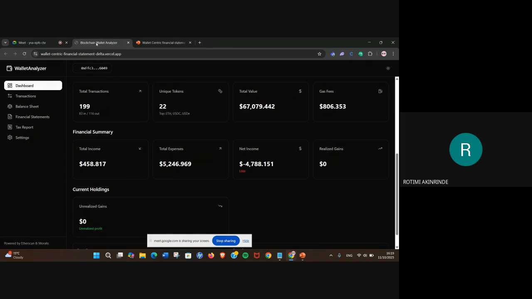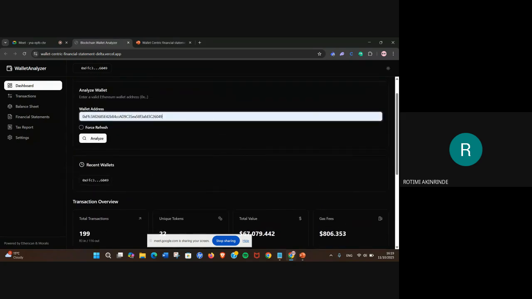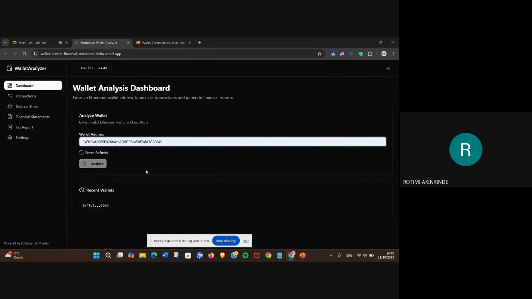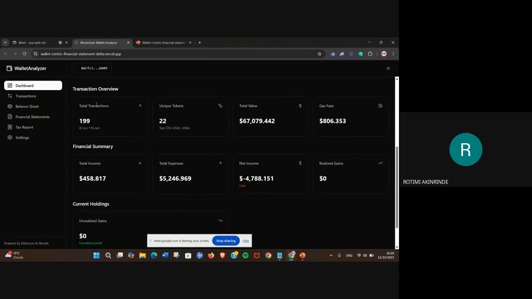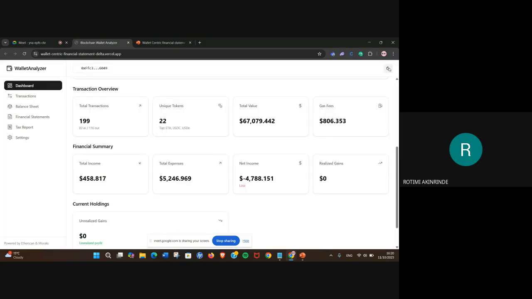In this simple interface, the first stage of the wallet-centric financial statement is the data collection stage, where you have to input your wallet address. Once you input your wallet address, it analyzes your wallet information. It integrates Etherscan, Moralis, and CoinGecko APIs, fetches all transactions from the ETH blockchain, the tokens, and the DeFi interactions, and it helps you get historical data. As we can see here, the total transactions, and it also helps you change the view from the dark mode to